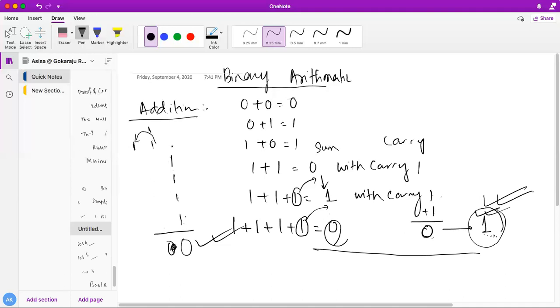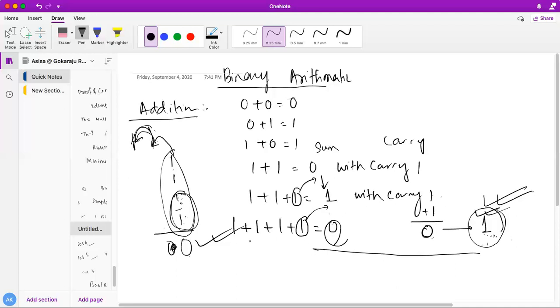Do you all understand, students? So carry, if you add 4 ones, carry will not go to the next bit, it will go to the next bit. Because already one carry gets generated because of these two. Again here one more carry will generate, that will add up with this one previous carry, whatever is generated between these two. So carry will go finally to here. So sum is 0 with carry will go to the next bit.